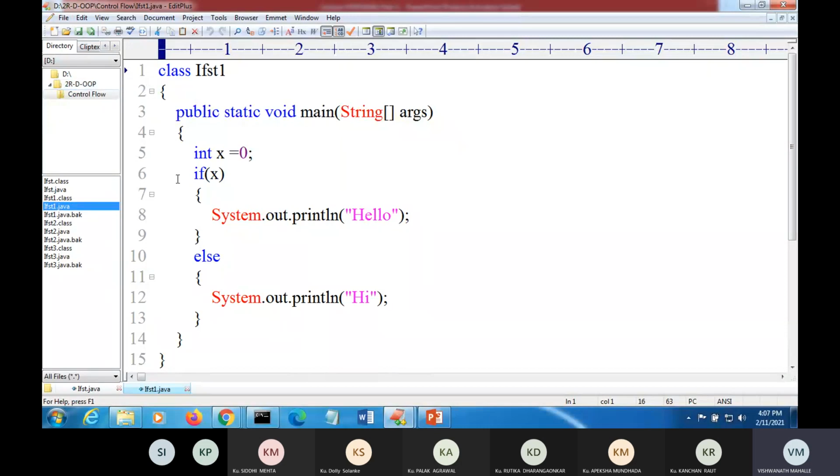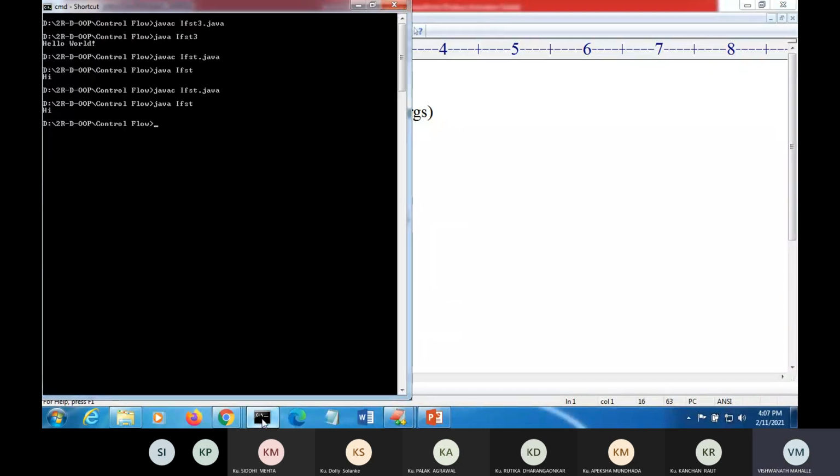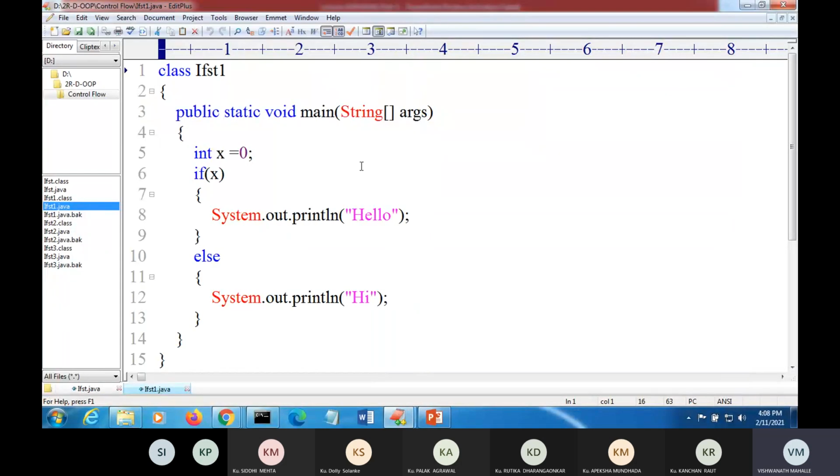So we will try if st1. Here I write javac if st1.java. It does not compile. What is the error? Incompatible types. That's why in Java we do not consider 0 as false and 1 as true. Then we will move on to the next program.